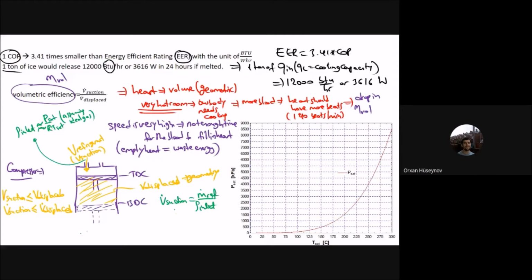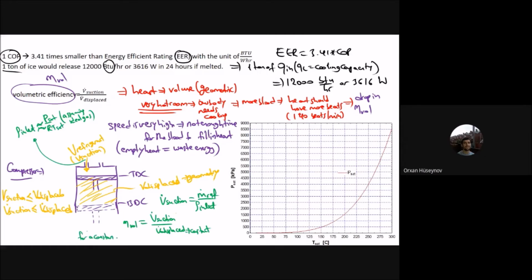Okay. So therefore, what you see here is that the volumetric efficiency, eta, is equal to V dot suction over V dot displaced. This displaced volume is a geometric constant. You cannot change it. It is constant. So what it means is that if this one drops, the efficiency drops. The volumetric efficiency drops for a